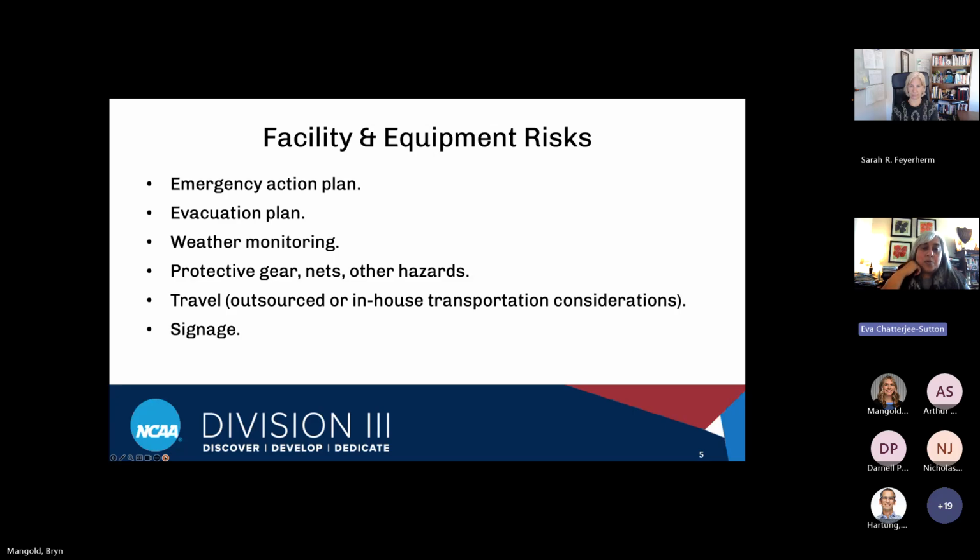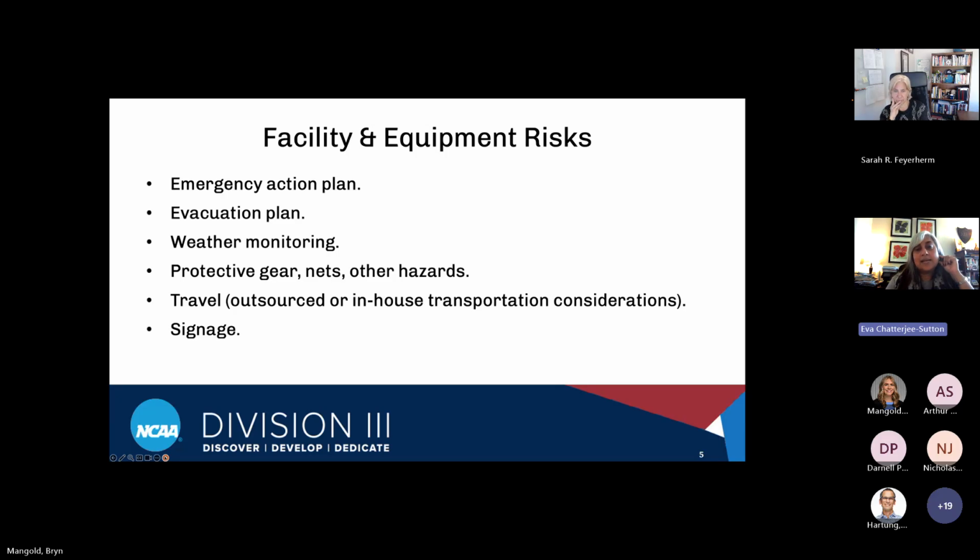In terms of the sport specific, obviously having the right gear becomes really important, and making sure that gear is tested and in good working condition at all times. And so that's field maintenance, that's the backdrops and nets that you have. It's thinking about the quality of your turf and the spaces that students are going to be in, and making sure that there aren't any additional hazards. And that's the proactive maintenance that you have in place,